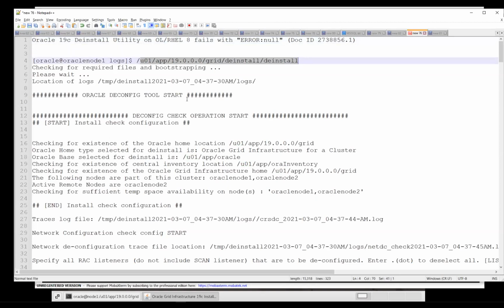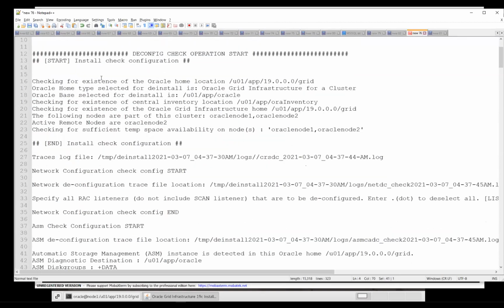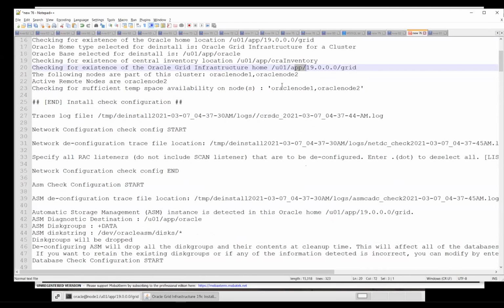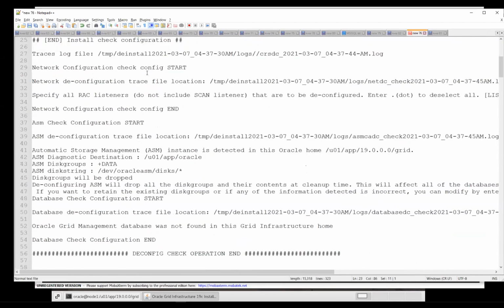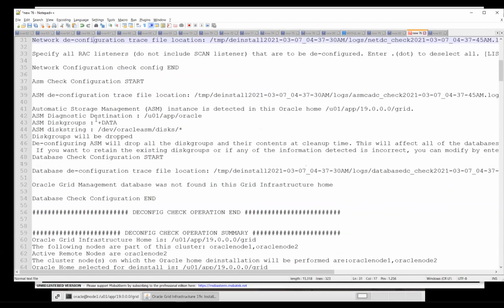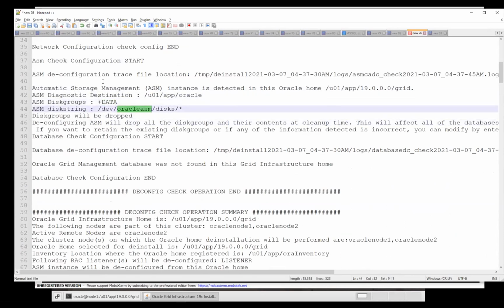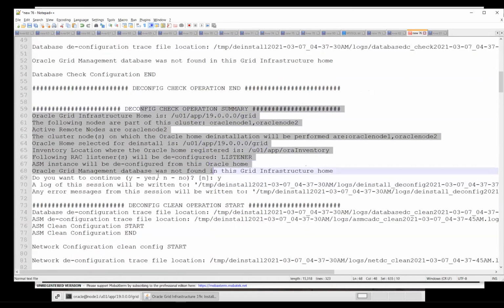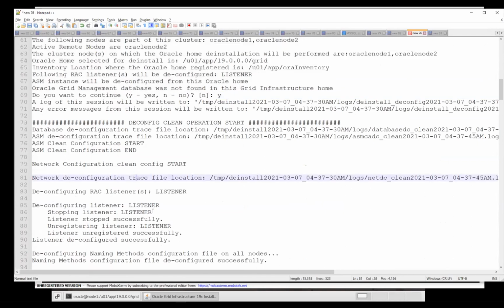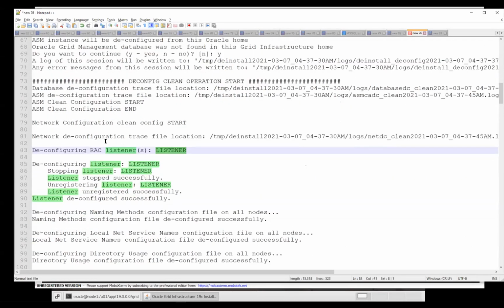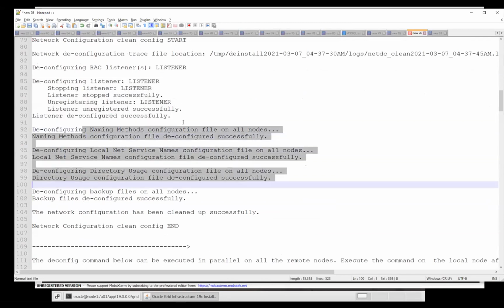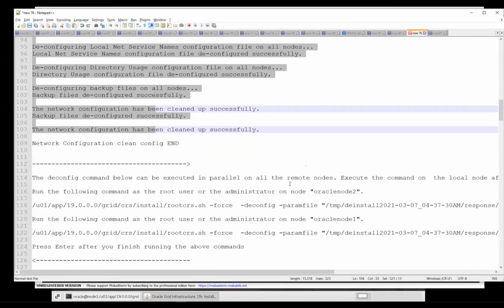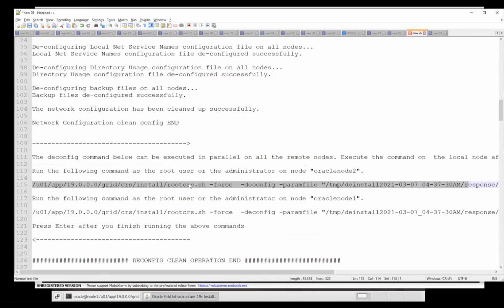I ran the 19C home deinstall, and it listed out the grid home, my base inventory, and the nodes, and then I proceeded further. It started the deinstallation, and you can see the data and Oracle disks will be dropped. It asked for the deconfig summary, and then it deconfigured all my listeners and everything. After that, at the end of the session, it will ask you to run the root crs force deconfig command, passing the parameter file.